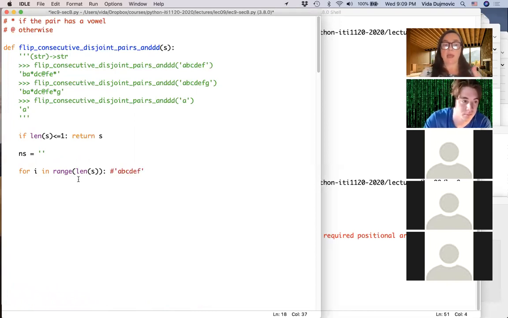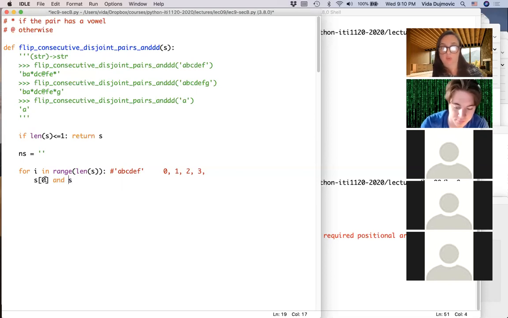Try to understand what happens when I enter the loop the first time. What do I want to happen? Let's say I'm working with this string in my head. The first time I enter the loop, i is going to be 0. Remember, this range sequence produces integer 0, then 1, 2, 3, and so on. So the first time I enter the loop, i is 0. What do I want to do the first time? I want to take the element in position 0